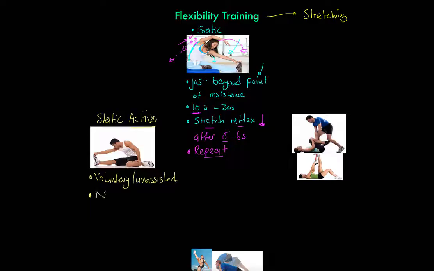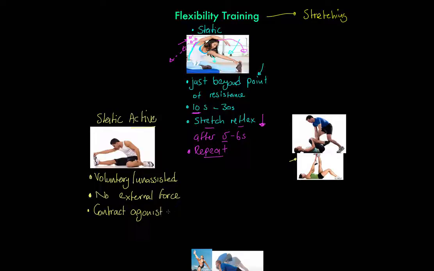So we sometimes say there is no external force, so nothing's pushing on us other than gravity. Nothing is pulling us like a Dynaband or one of those elastics which we've got over here, for example. There's no external force acting on us. And what we do is we contract the agonist